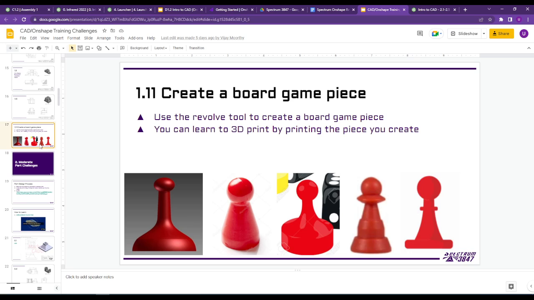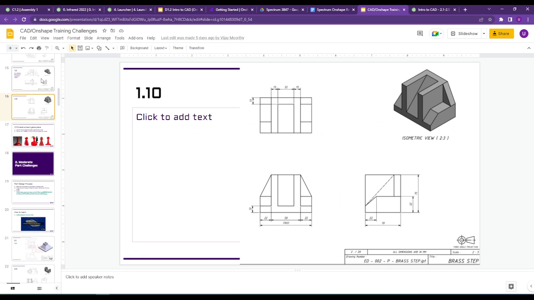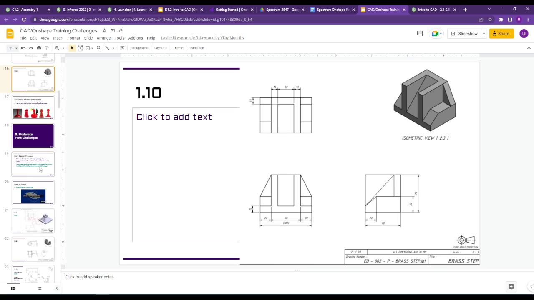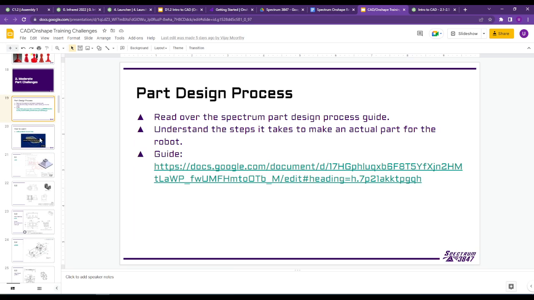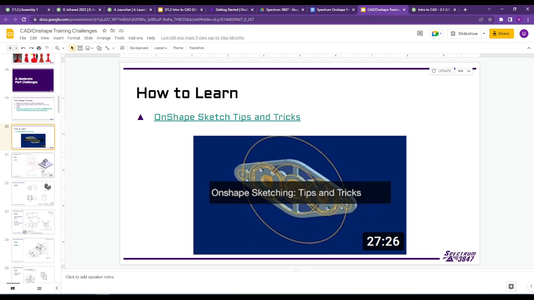There's a few little easy things, so going through and creating a board game piece, then we can 3D print them. If you want to 3D print some version of it, that's totally fine. We can pretty much print most things whenever you want, if you've CAD'd it especially. And then from there we go into a little bit more in depth